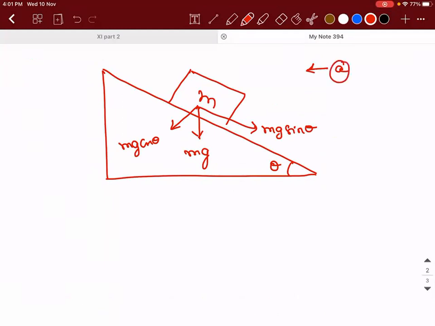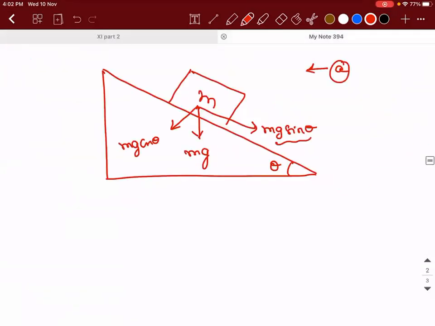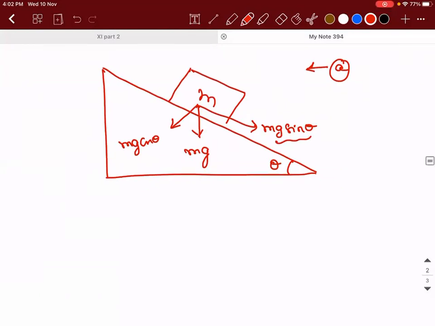So this acceleration is g sin theta, accepted, but they're saying it is stationary, no? So what did they say? Block of mass m is placed on a smooth wedge. The whole system is accelerated so that the block does not slip on the wedge. If that should happen, how can the block have an acceleration of g sin theta? So this whole system should be given an acceleration. Actually, there is a problem that should be solved based on non-inertial frame of reference. Okay, anyways, whatever you know, you tell me.